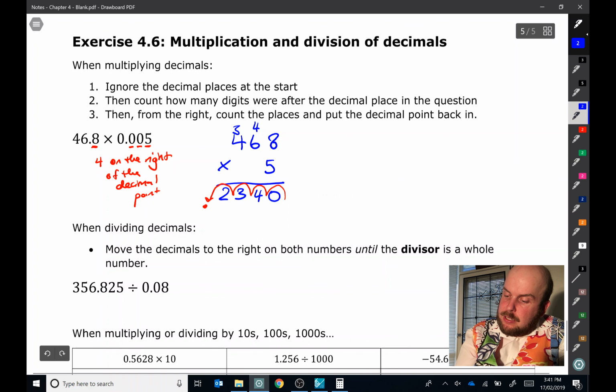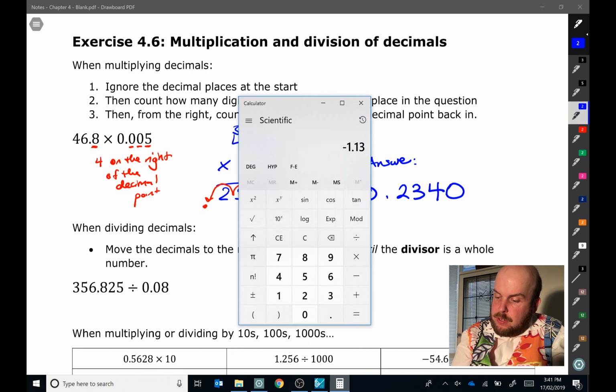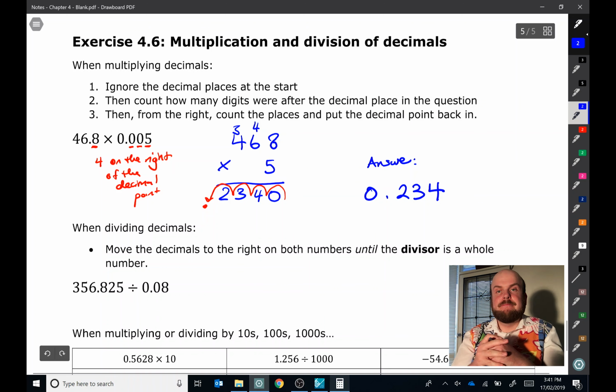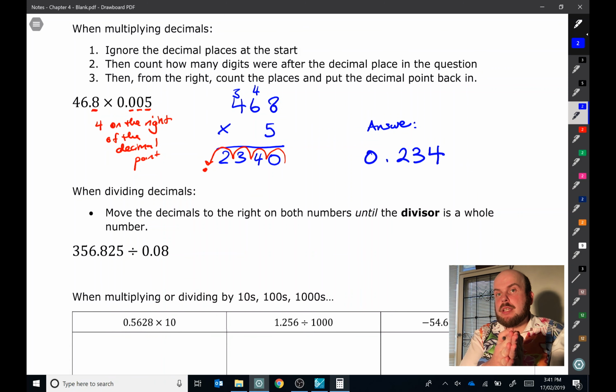So the answer will be 0.2340. And again, we can double check that if you do 46.8 times by 0.005, we get 0.234. And we can even drop off that 0 if we like at the end, like so. There we go. With dividing, what we do is, again, we're trying to make them as close to whole numbers